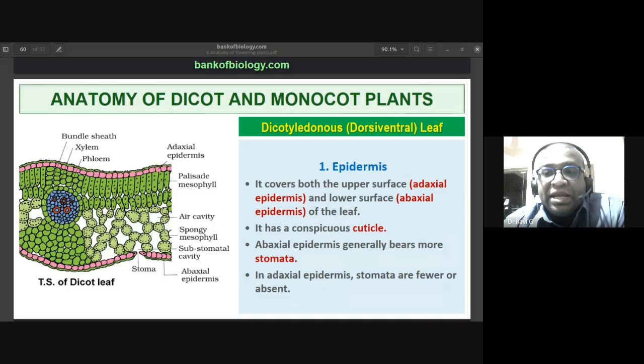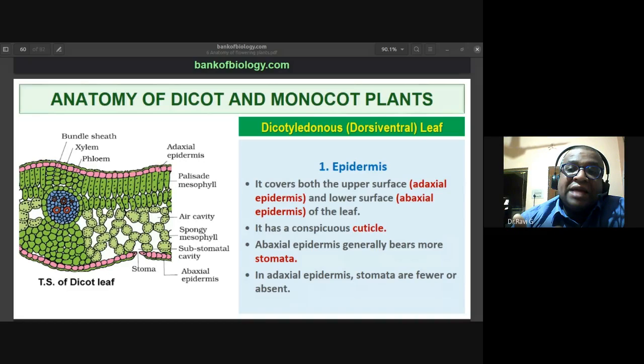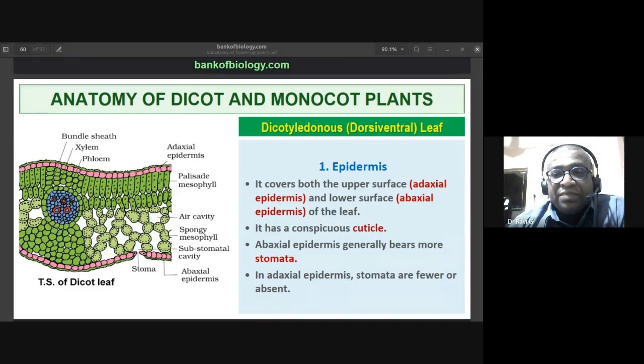In case of monocot leaf or isobilateral leaf, what you notice is the stomata are equally distributed in the adaxial epidermis as well as abaxial epidermis, that is upper epidermis and lower epidermis. You also find that the mesophyll is homogeneous. They do not have palisade chlorenchyma. They have only spongy chlorenchyma. The monocot leaf exhibits parallel venation. The size of the vascular bundles is based on the veins, which is almost equal because they have parallel veins. All of them are similar in size.